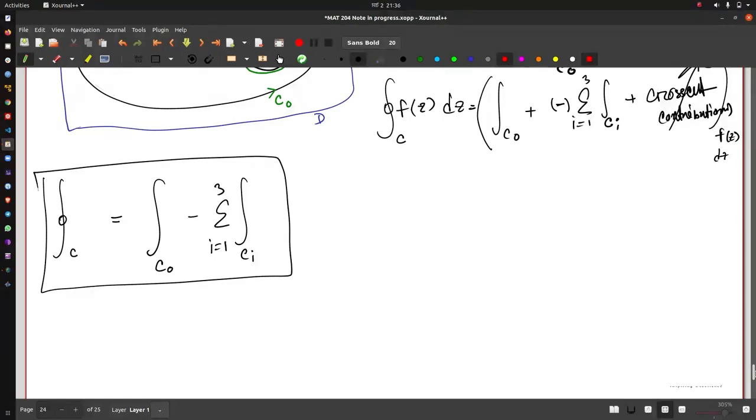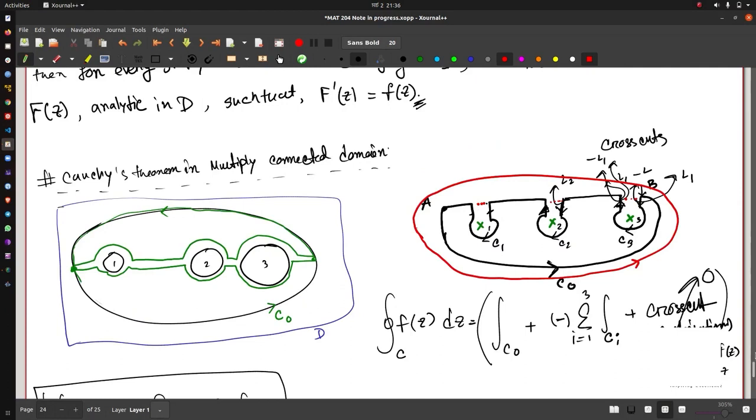Cauchy's theorem. What we mean is that if you ignore this diagram for a second and focus on this diagram, you can see that this is one part of our initial goal, that is the C naught. Let's say this is some C prime. We want to actually calculate C prime plus C naught like this. These are our crosscuts and they cancel each other out, right? And finally we will have